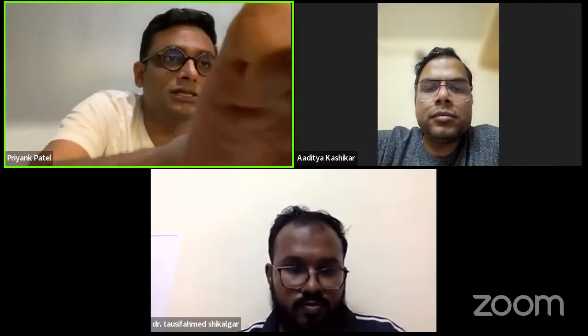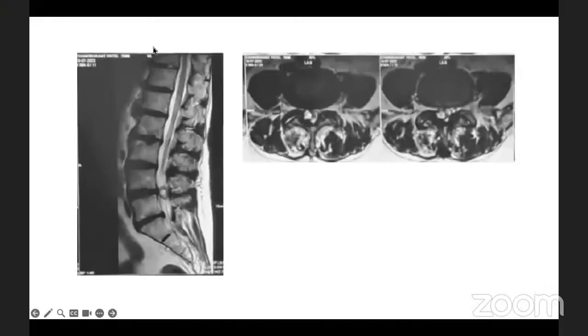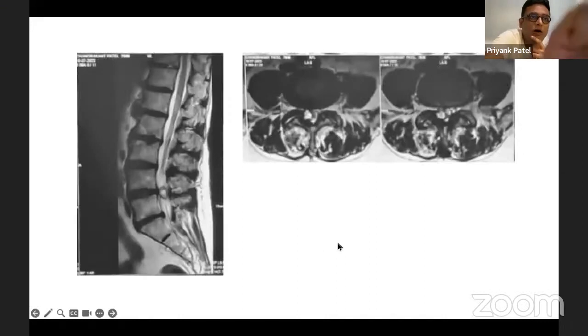Yeah, those are very important points, Harshal, that you just mentioned. So these are those cases where you could err towards fusion if you identify these. There was one question. Coming back to our discussion, Sheetal sir, are you still with us? Very much, yes. Sir, how often do you feel that if there is a facet cyst, there's definitely an instability and you'd want to fuse? Does that influence your decision, or is it not really that important?